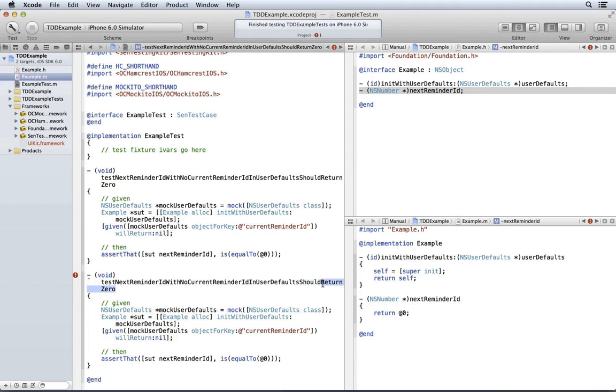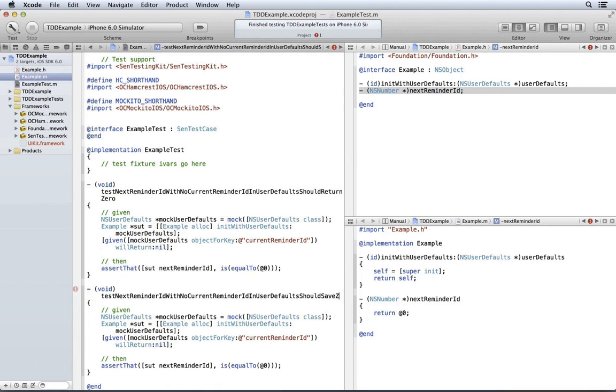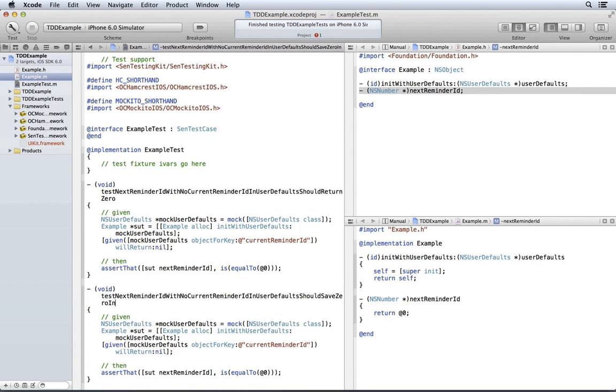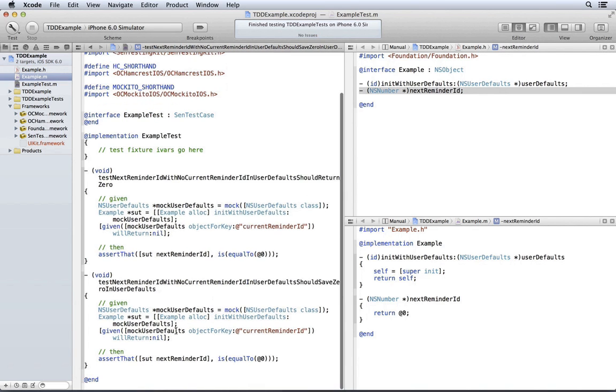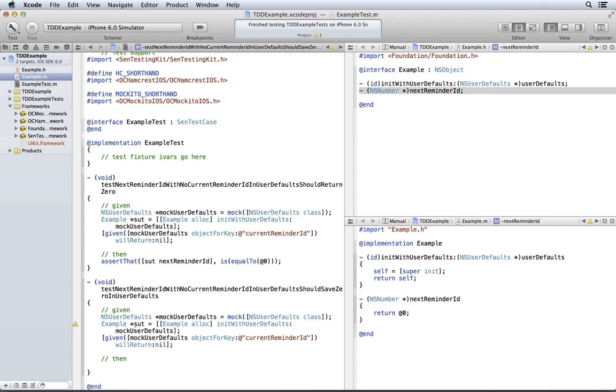Instead of should return 0, it's really should save 0 in user defaults. With all the same setup, only this time, instead of that, I need to ask the user defaults if the thing I expected was called on it, on the mock object.